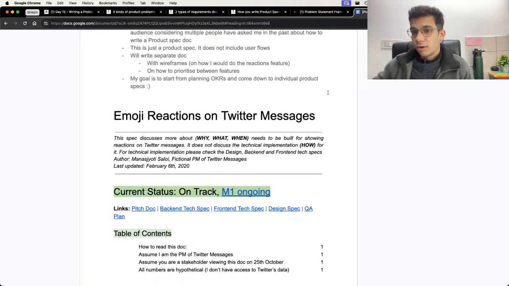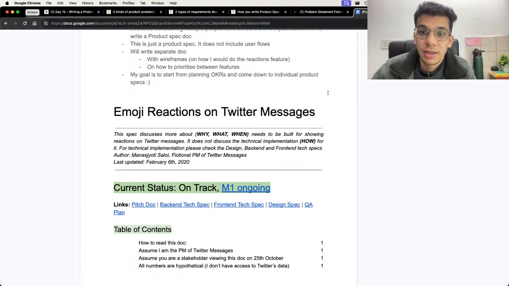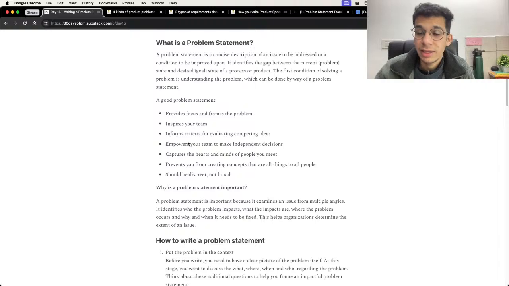So spend time defining the problem statement as well, because the problem statement is in a sense the driver for the next steps that come along the way: the requirements, what needs to be built, how things need to be architected and handled both by engineering and also by QA, how things need to be conveyed. So a lot of things distill from the problem statement. Having a crisp problem statement always helps, and provides clarity and a focus for your teams to then deliver the enhancement, right? So that is a problem statement.